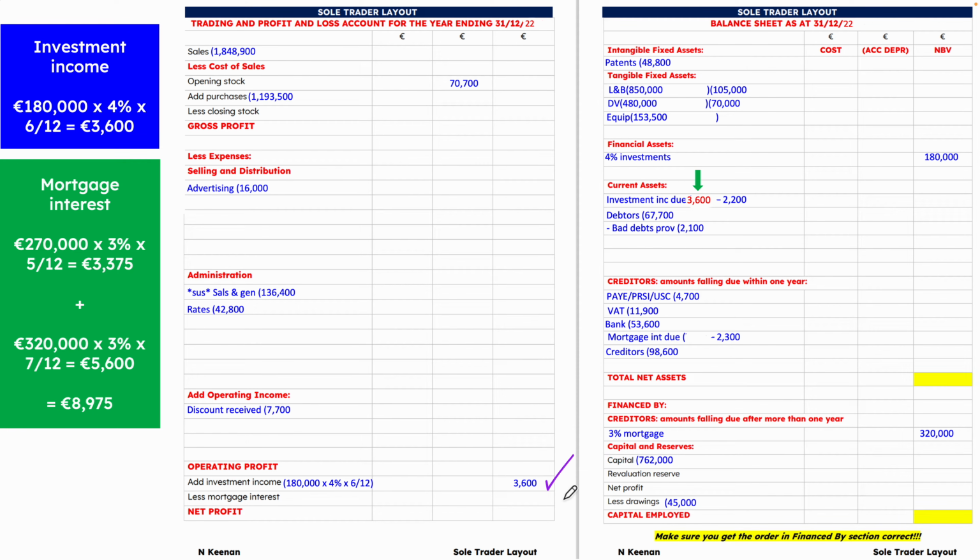Okay, so the 3,600 goes there, and then investment income due is going to be the 3,600 minus the 2,200 that you have already received. And then the mortgage interest, again, you can just do the workings on the face of it. The answer here is 8,975. I have it over here. I don't have it